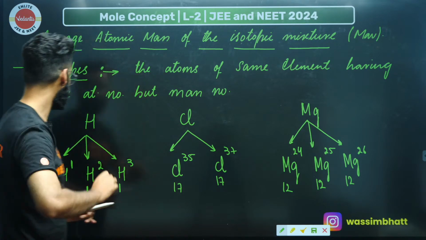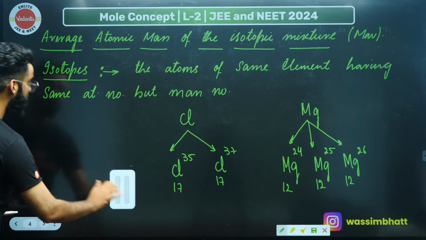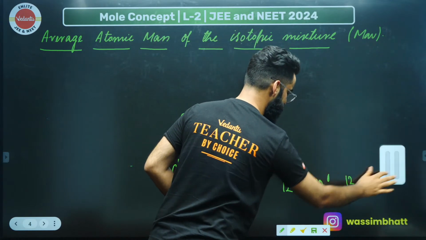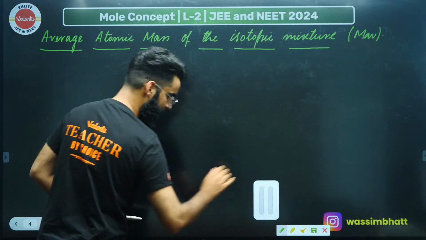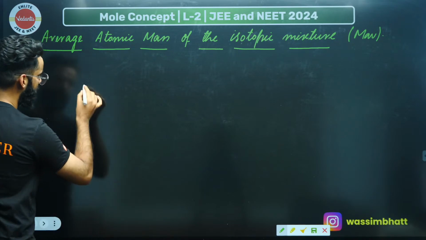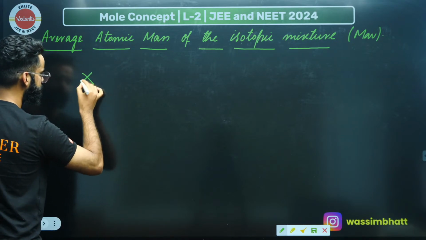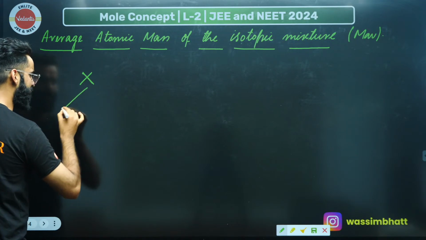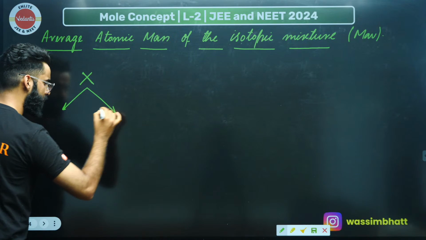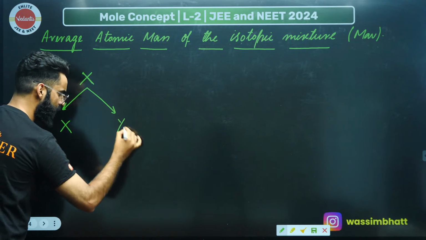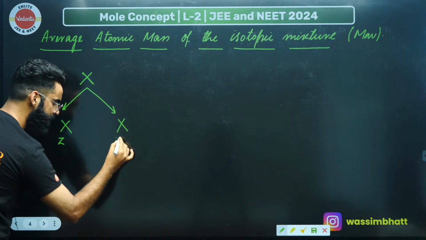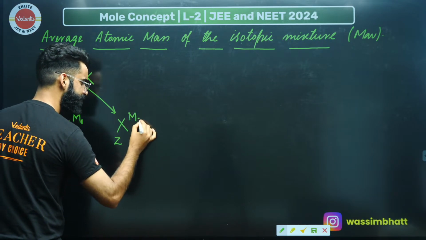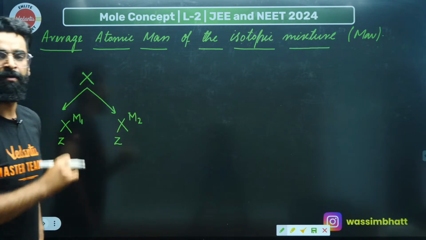Point number 1. Point number 2, my dear people. Let me erase this definition. I'm sure this is clear. Now comes the actual stuff. See, let's assume I have got an element X. And let's assume this element X has got 2 atoms which have got same atomic number but different mass numbers. This is M1 and this is M2, right? Do remember, my dear people,